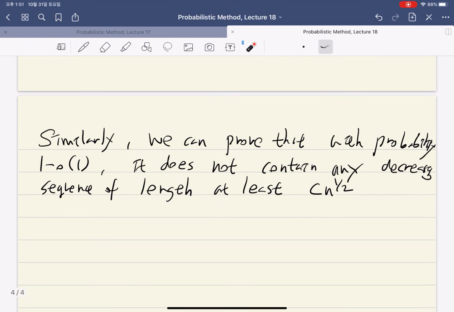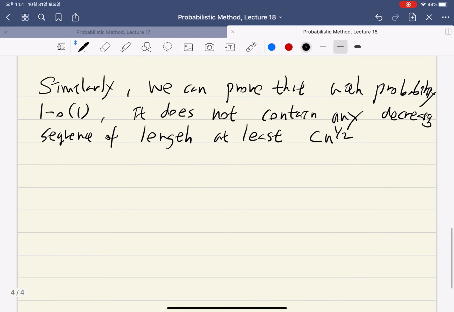So if this holds, it doesn't contain any decreasing sequence of at least that length, then